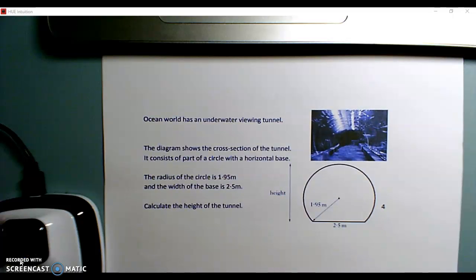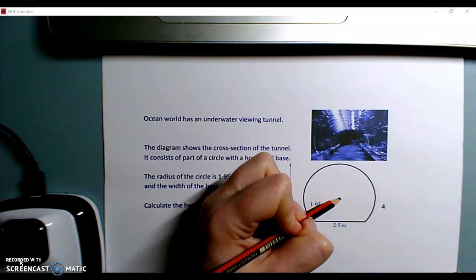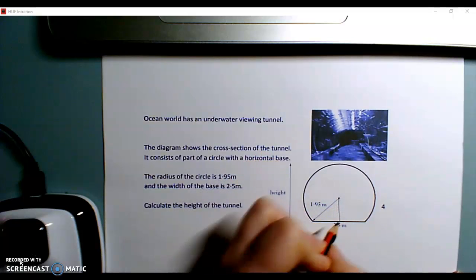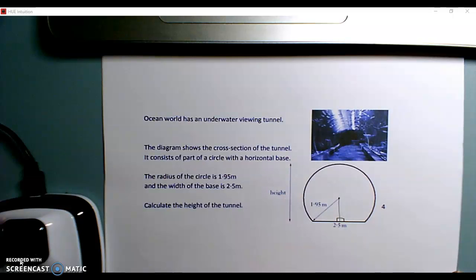So let's look at what we have in this question. We've talked about the radius. We have 1.95. The width of the base, so this whole base here is 2.5, and we need to find the height. Well, we'll notice that, again, this is a chord. So what we're going to do is drop a line through the center of the chord, and that is going to meet it at 90 degrees,